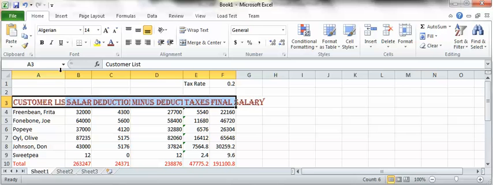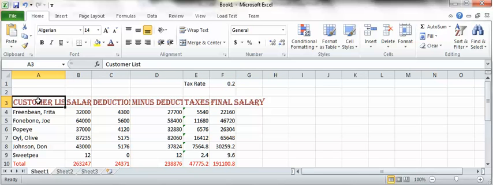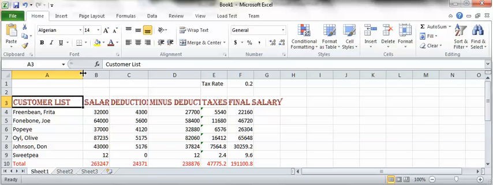Now notice a problem here in the formatting. Since I've chosen larger fonts, notice that this text spills over into the next cell. Okay, as long as it's the last text, it doesn't bother anything, but if it's in the beginning, that's a problem. What we can do is then we can adjust the width of a cell by coming up here